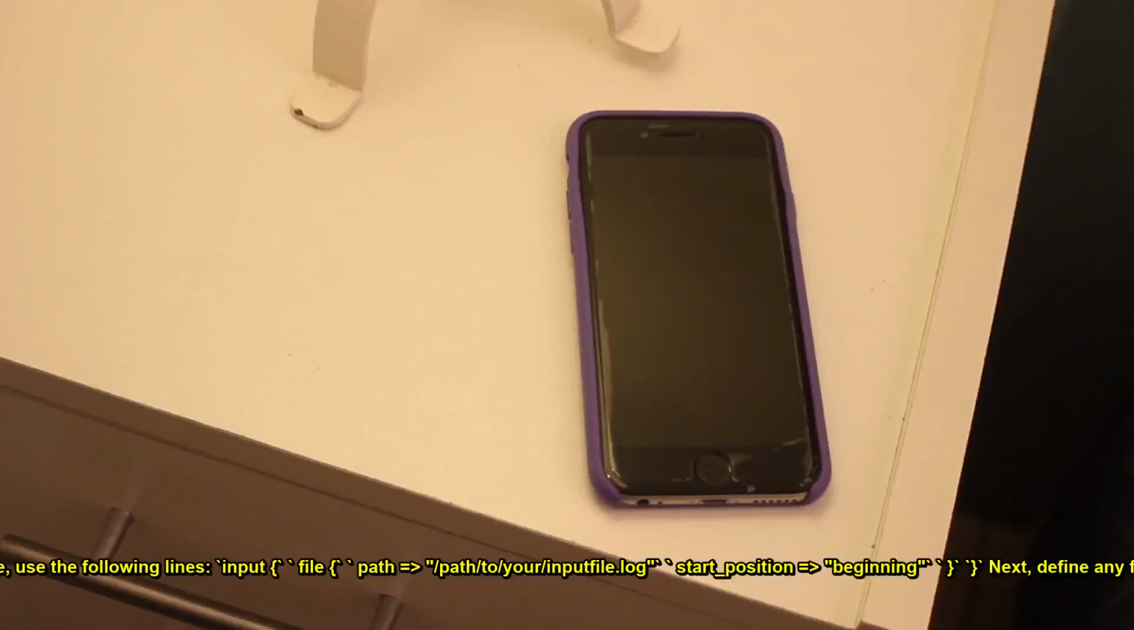Create a new configuration file in the Logstash directory. You can name it pipeline.conf or any descriptive name you prefer. Open the configuration file in a text editor. Begin by defining the input plugin in the file. For example, if you are reading from a file, use the following lines: input { file { path => "/path/to/your/input file.log" start_position => "beginning" } }